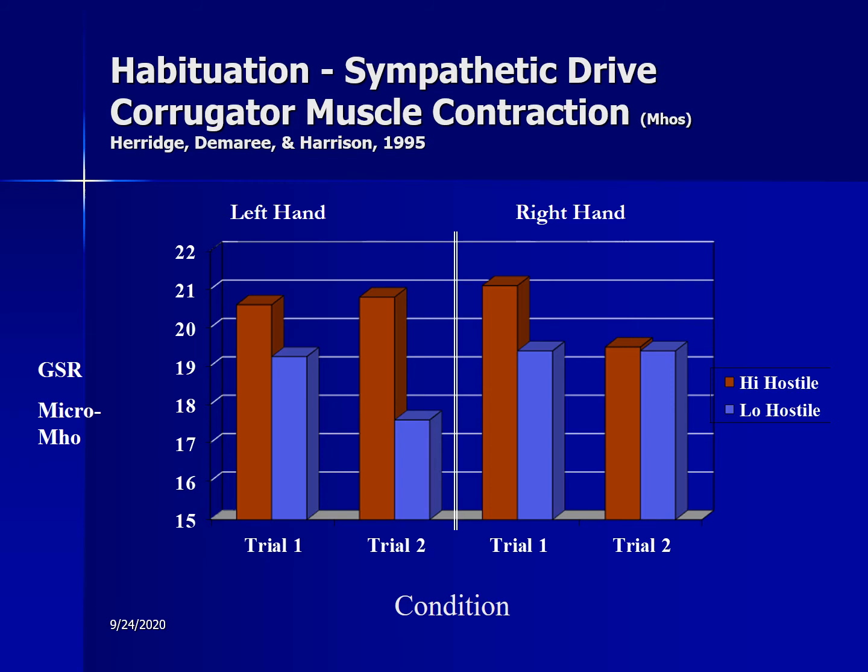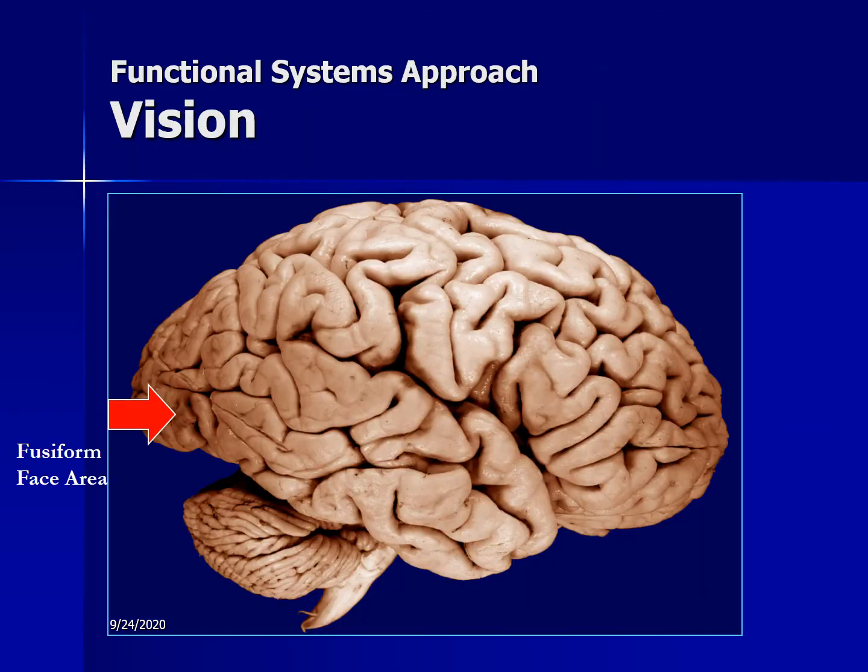But simply contracting the corrugator muscle activates your right brain and sympathetic systems. In the neuropsych eval now, I might go to the visual system, and you'll remember one area that I wanted you to know was the fusiform face area for localization. The right brain, our literature suggests, is specialized for processing emotional faces, but the left brain adds a detailed analysis, a sequential analysis of a face. So they're both working, but in different ways.